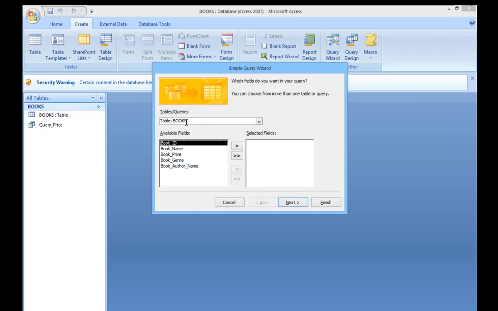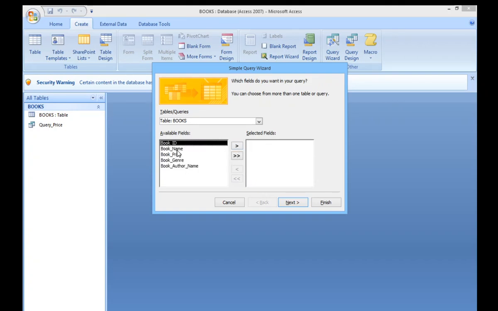The tables already present with you, or the queries already present with you, are listed here. You are going to select the table books. If you want to use all the fields, then you have to click on this double arrow. Then you will find all the fields appearing in your query. If you don't want that, then you can get it back and add only those fields you want.